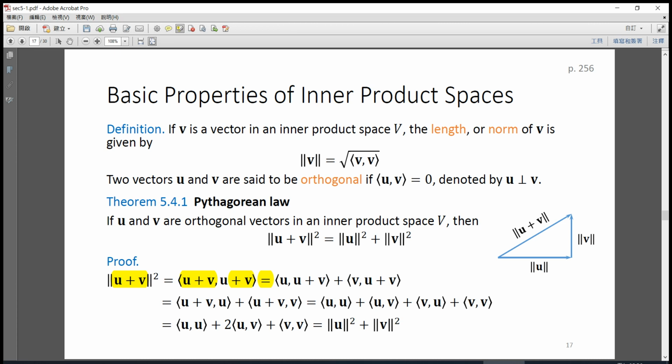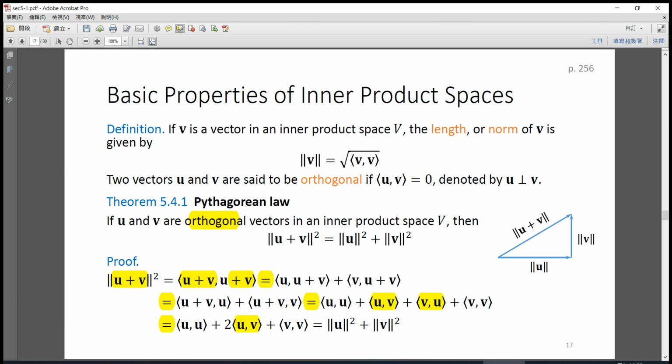And because the inner product is commutative, we have the third equality. And again, because the inner product is linear in its first argument, we have the fourth equality. And since the inner product of u and v equals the inner product of v and u, we have the fifth equality. And we know u and v are orthogonal vectors, and therefore the inner product of u